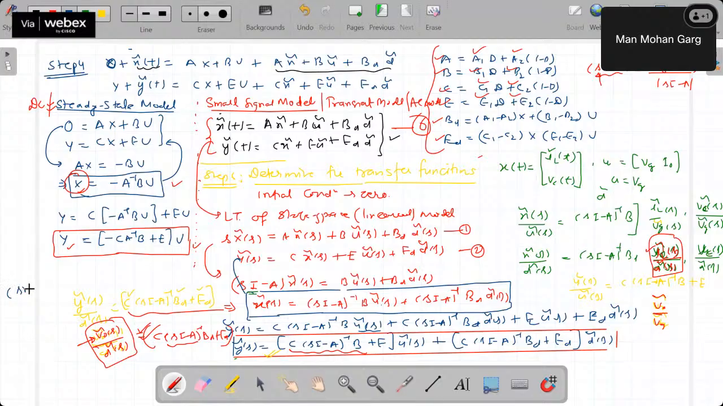This is Si minus A inverse. It is called the resolvent matrix. There is an algorithm called the generalized Leverrier algorithm. This Leverrier algorithm makes it very easy to find the Si minus A inverse of a system, irrespective of its